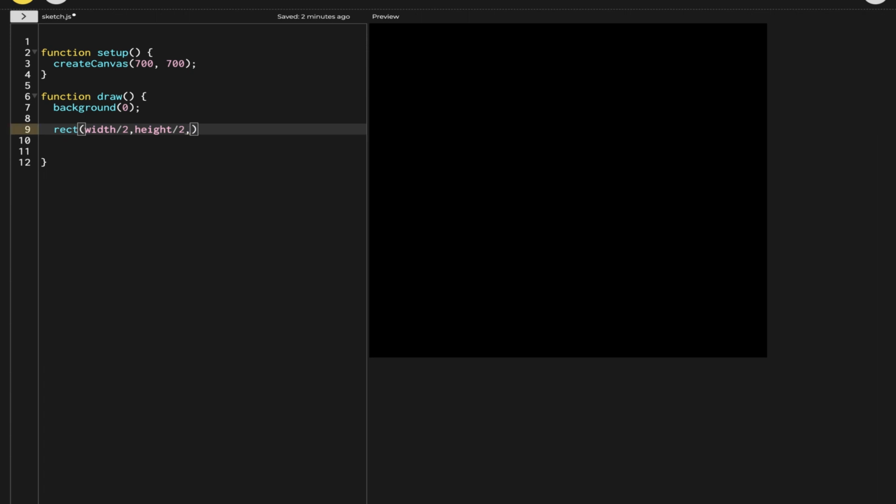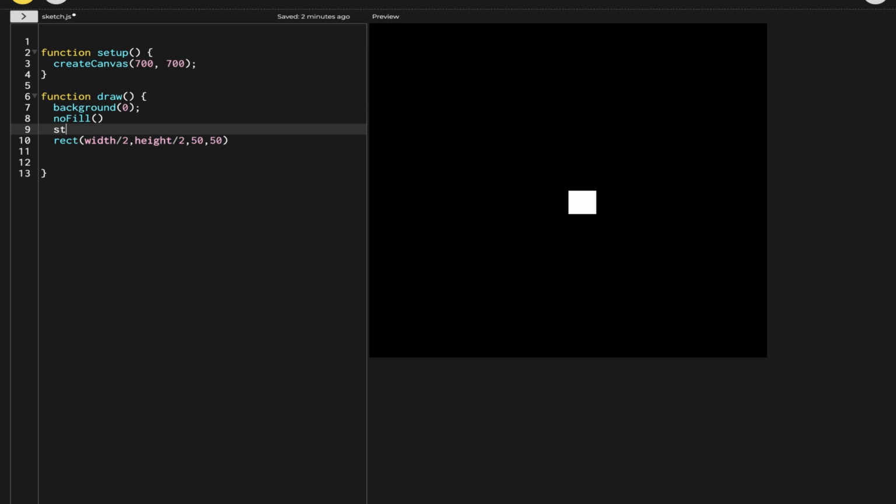And the size, let's say, is 50 and 50. And let's see, there's a rectangle in the middle, and then we don't need color, we just need a stroke. And so we will say no fill,